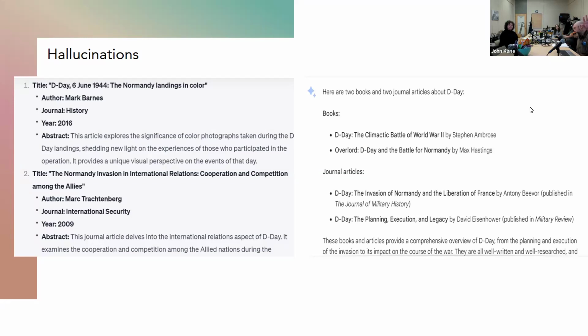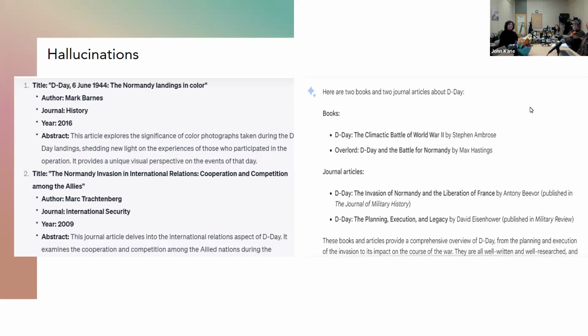On the left is ChatGPT. On the right is Google Bard. I asked for, just like we'd ask our students, can I have two academic papers about D-Day? And so, as you can see on the left, wow, this looks pretty good, right? Journal History, that sounds like a really reputable journal. And Mark Barnes, that sounds like a historian, right? And there's even an